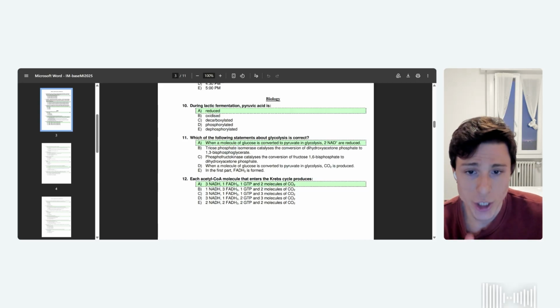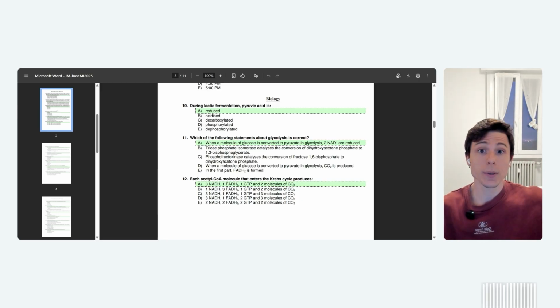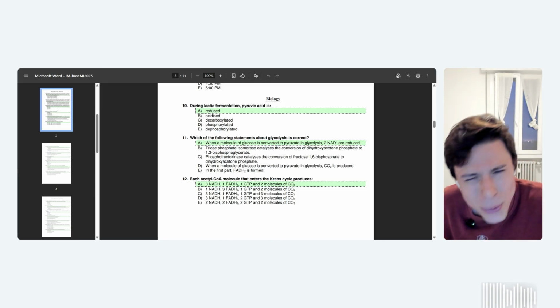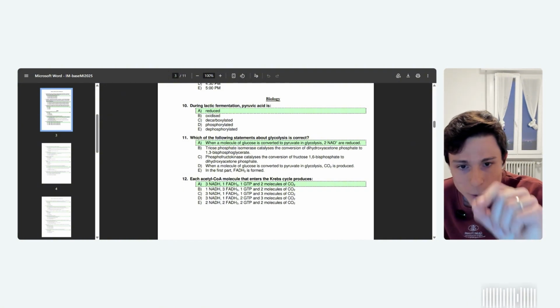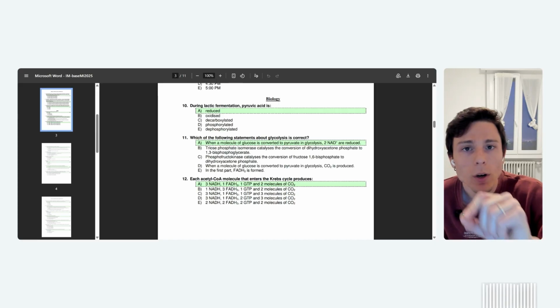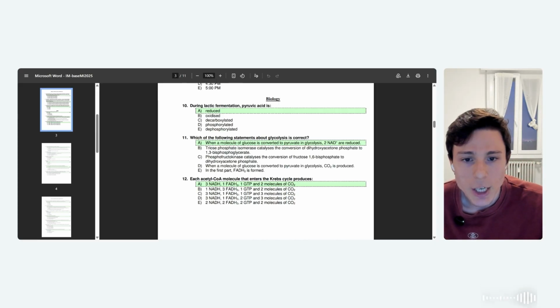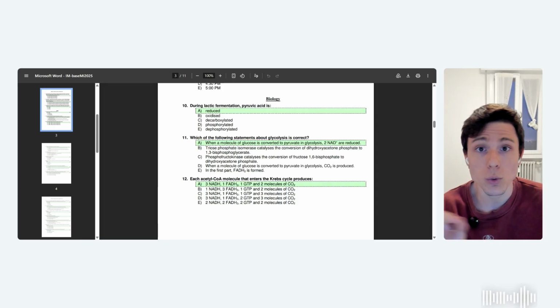Following that, we have question 11, asking which of the following statements about glycolysis is correct. Questions like this that are a little bit more open and demand that you pay attention, you should do exactly as I said. Pay attention, read carefully, read as many times as you need. Do it like a review of the topic, whatever there is in your mind, like a little brainstorm of the topic, so you can orient your reading to identify what is wrong and what is right.